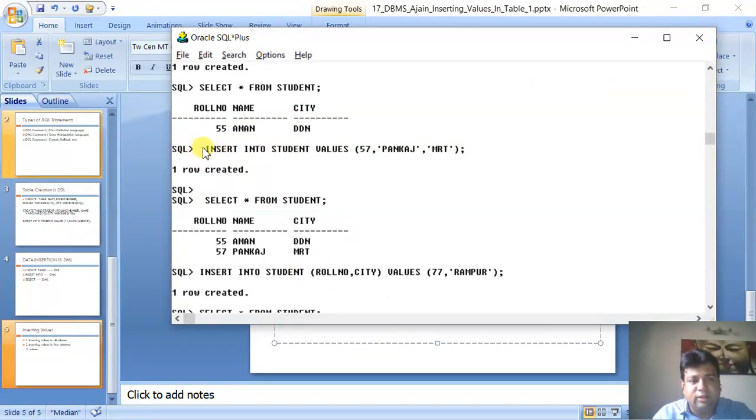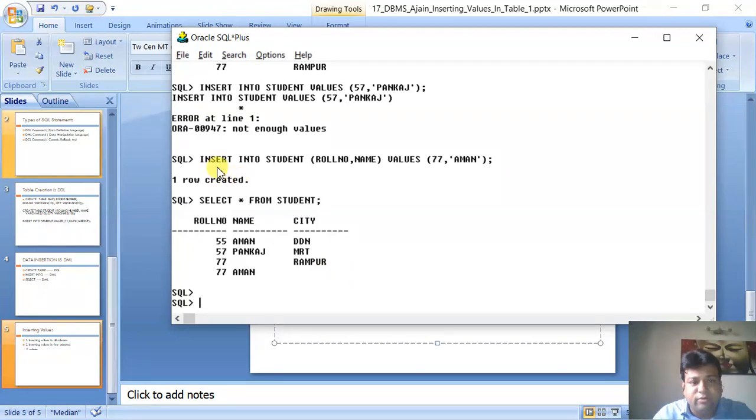In this method, you don't specify column names, so you have to give all the values in a specific order. Order means roll number, name, and city. Whereas in this method, you can specify any column in any order. What does it mean? It means you can type city, comma, name, comma, roll number.